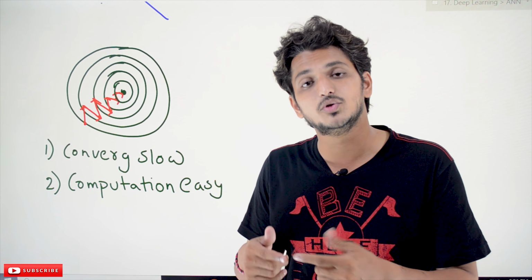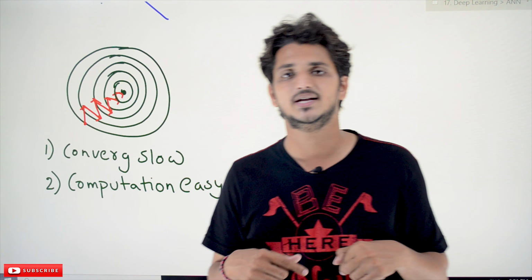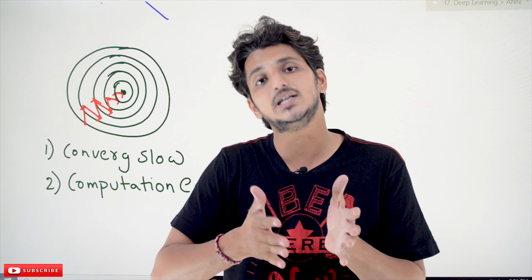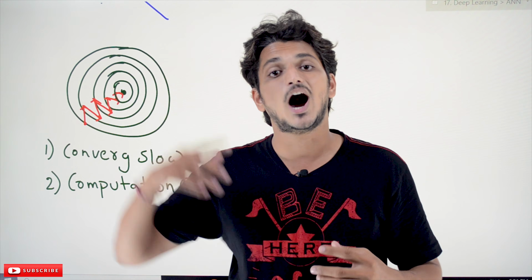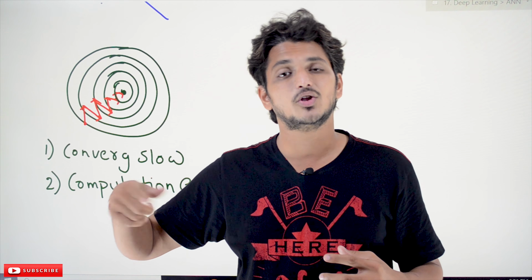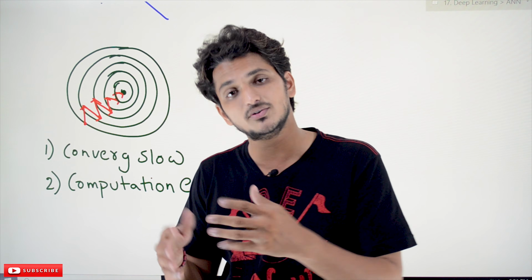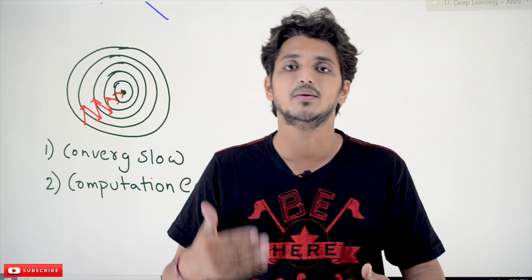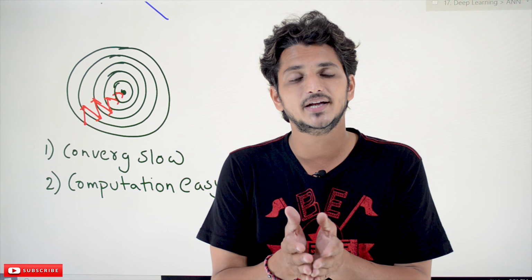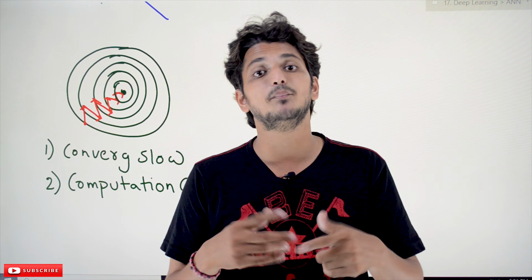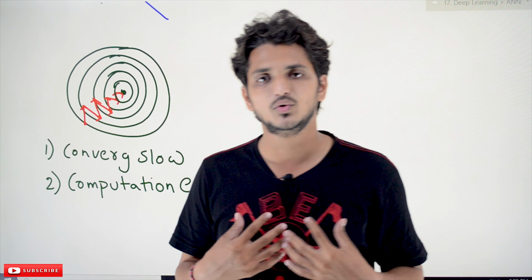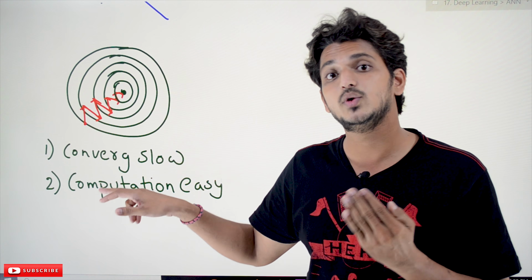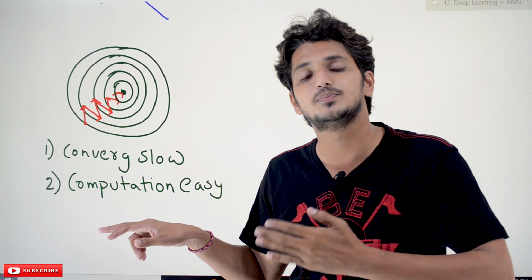Let's extend this concept to neural networks. If we use stochastic gradient descent or batch gradient descent for a big neural network, means multiple layers and multiple neurons, how many W's will be there? In order to obtain the minimum loss, if you want to update our W values till convergence, it will take a lot of time. But if you use gradient descent, convergence is fast, but it is computationally costly. So what we have to do here is follow stochastic gradient descent or batch gradient descent, but we have to improve our convergence speed.